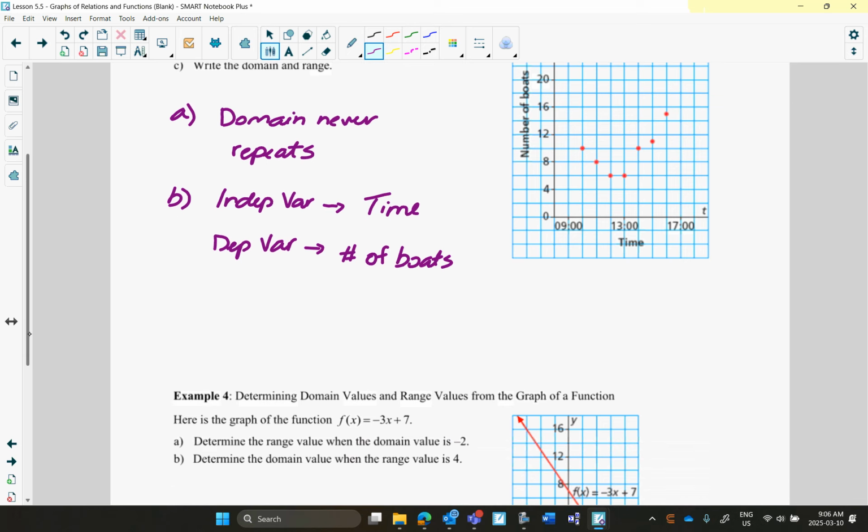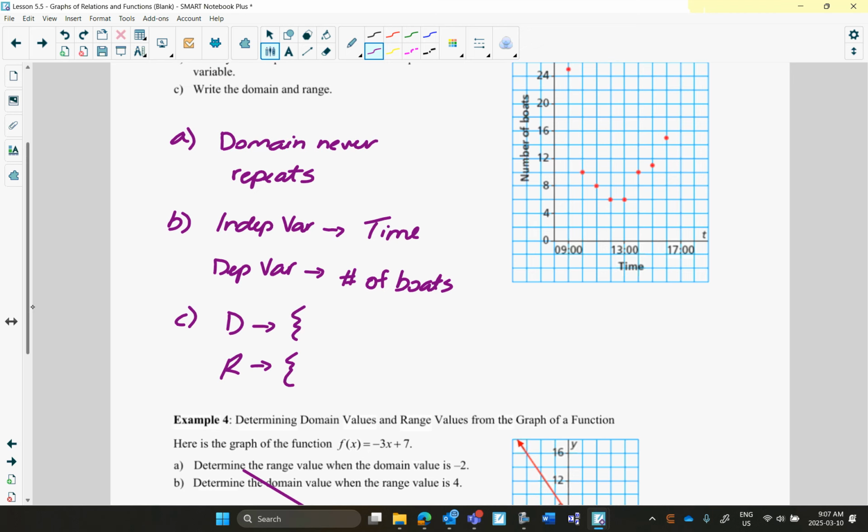And finally, the domain and range. Notice in this graph, there's no connection between the points. So we're not using that interval notation. We're using the braces, because we're just listing a few numbers for each. I'm going to use the fancy braces. So remember,